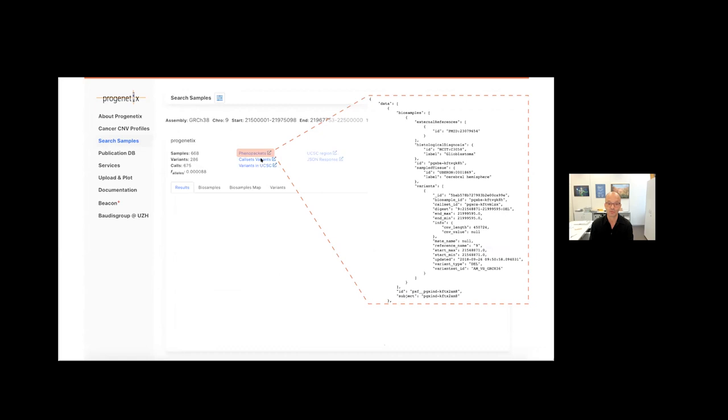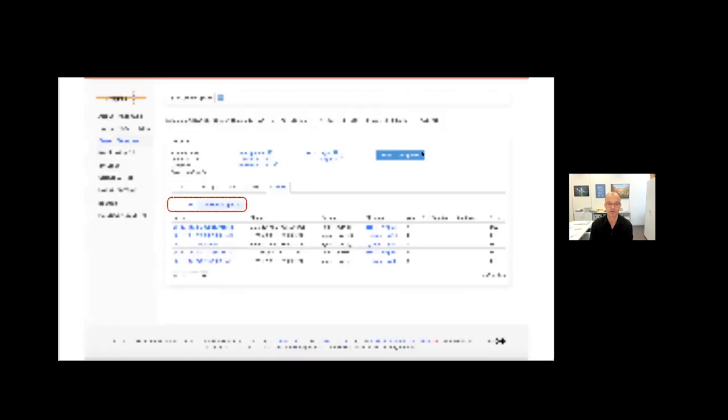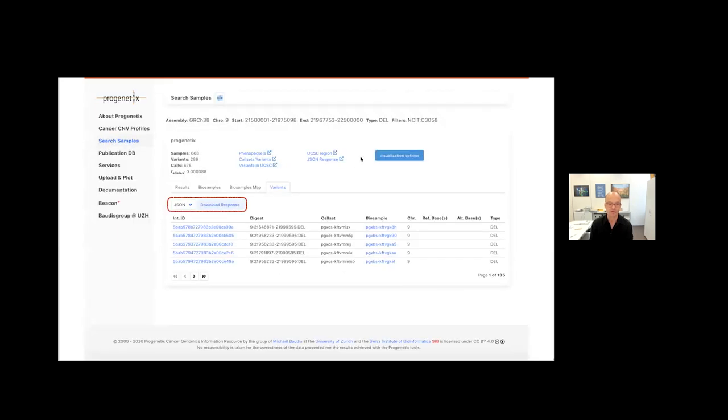For instance, if you do these queries on our websites, you are able to export the sample data wrapped in Phenopackets format, and this is how this would look like. Also, this handover can be used, since our resource is open and you don't have to go through any authentication step, to directly download the variants which had been found, for instance in JSON format or in tabular format and so on. Again, all basically based on handover pointers provided through this.